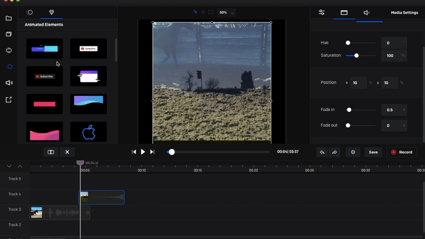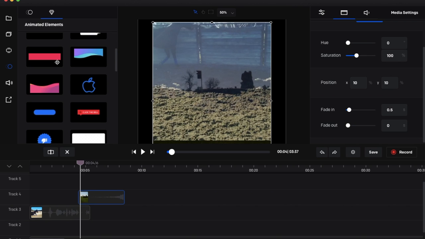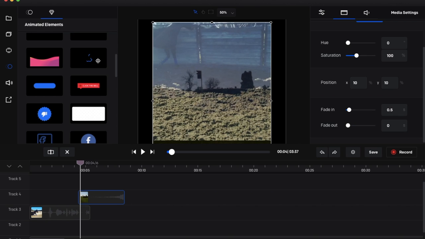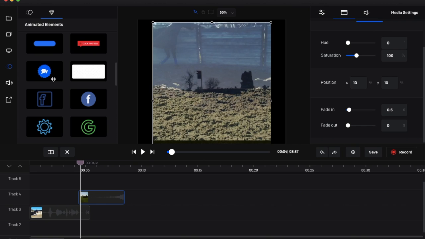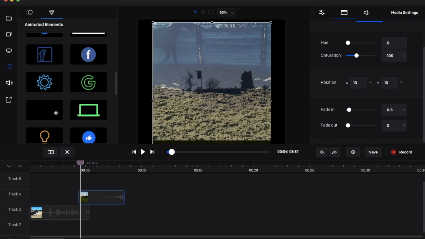And we also have, along the lines of the animated emojis and the animated icons, animated elements. So if you wanted to highlight a title, you could do that. This just reminds me of Apple. I don't know what I would ever use that for. Thumbs down, that kind of sucks, but whatever. If you wanted to make a point on something like that, then they've got tons of